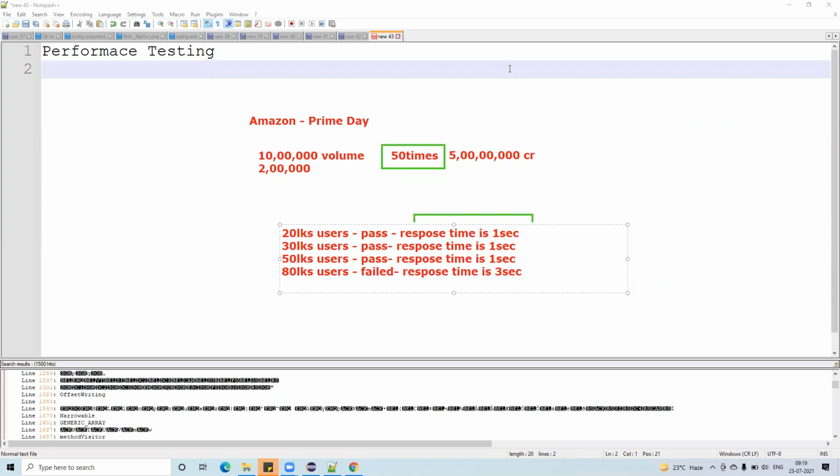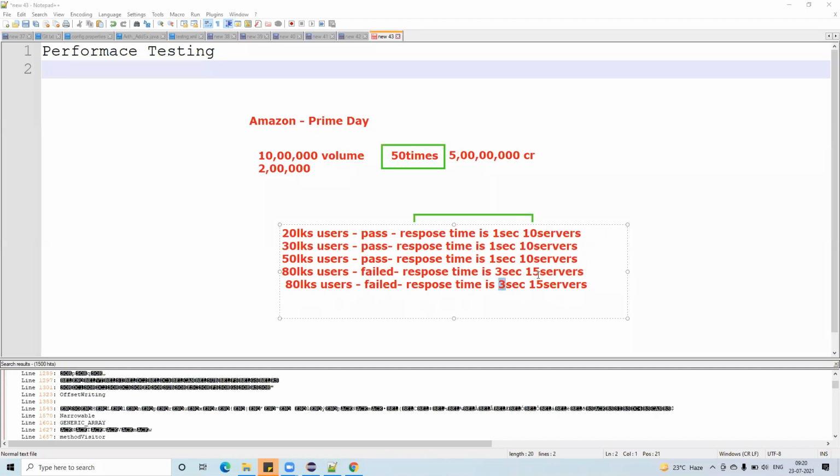Assume that we have around 10 servers so far. 10 servers here, here and here, all these are 10 servers. Now what they will do is increase it to 15 servers, and again check with 80 lakh users with 15 servers.